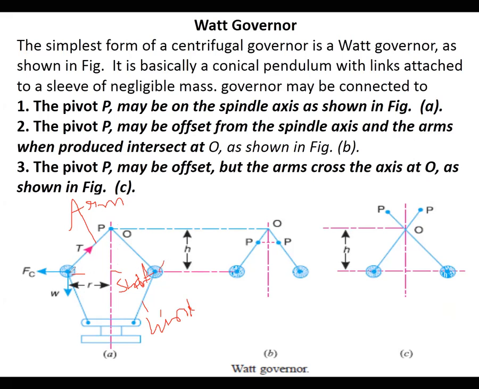So ball is having mass, right? Mass is converting into weight, W. W is equal to M into G. This one is the centrifugal force, which is acting in the outward direction. So on the arm there is a tension T. On the link also there is a tension, it is also T. So you can take one as T1 and another as T2. So that I'll take you through the next steps.